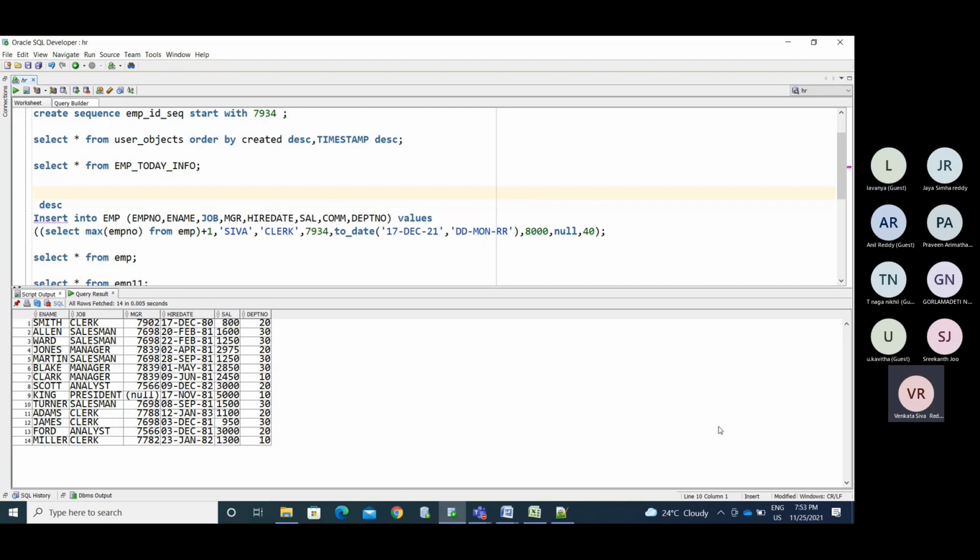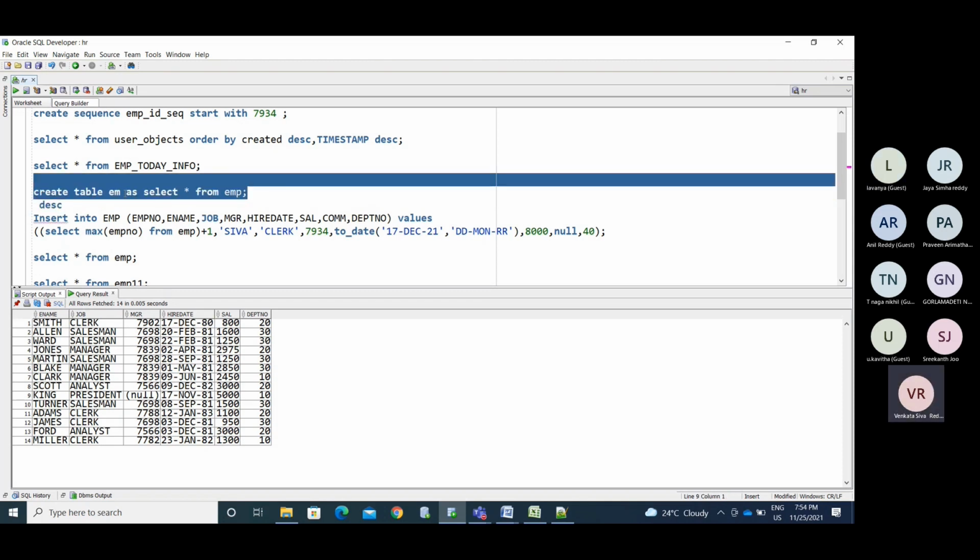So what we are performing here: create table EMP as select star from present EMP.